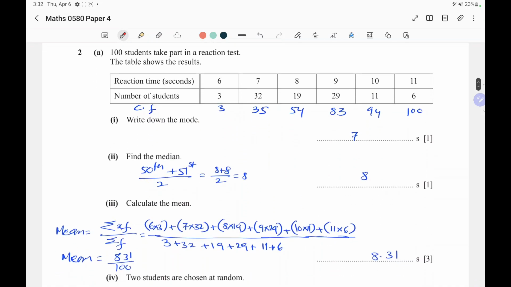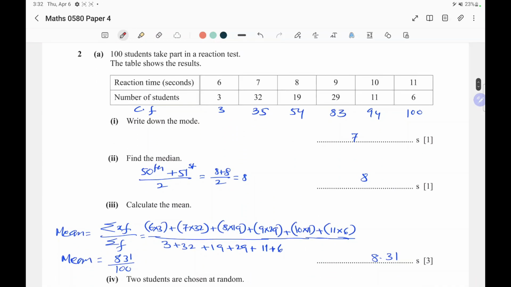Now come to second question. So it seems very simple one. That is based on statistics. So 100 students take part in a reaction test. The table shows the result. Okay, the reaction time is given and the number of students given. CF, I use the cumulative frequency. I will use later to